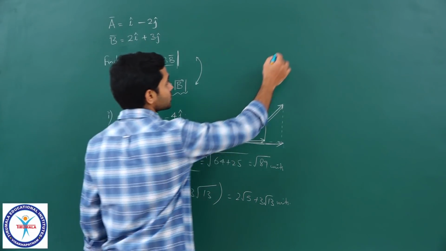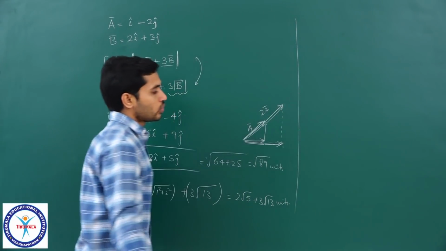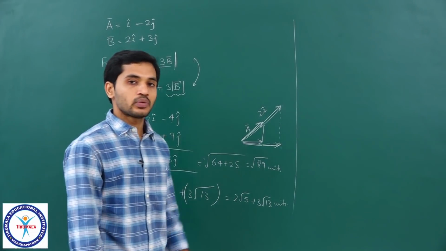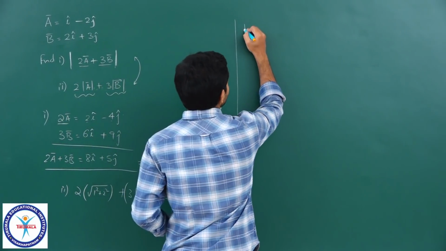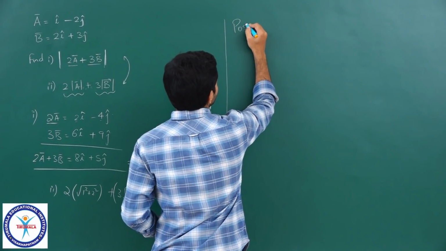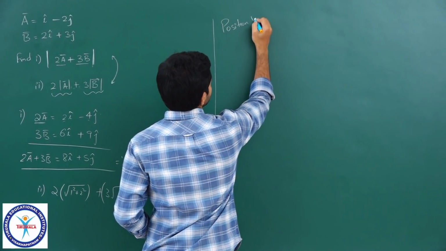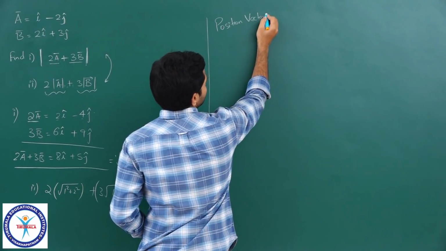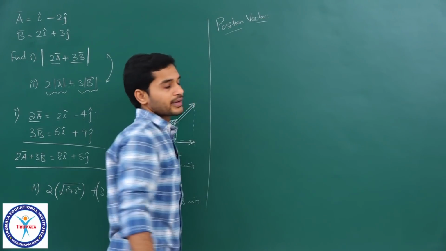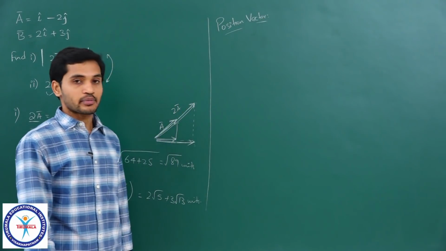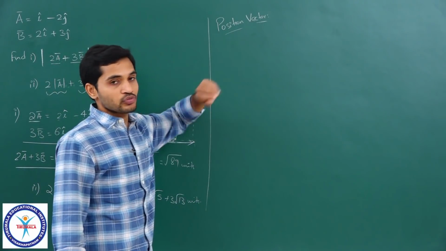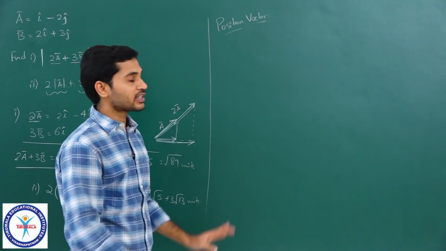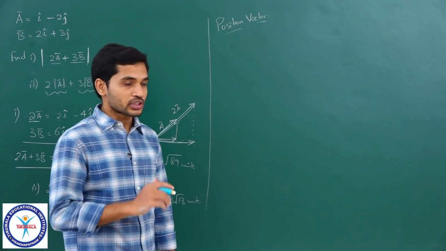Okay, so that is the idea, students. Now, we will move on and we will discuss a particular vector called position vector. So, this is a very important vector. We will be using this vector in our next topic itself, which is kinematics, right. We will be starting off kinematics with the discussion of position vector. So, I will just give you a brief idea here of what a position vector is.